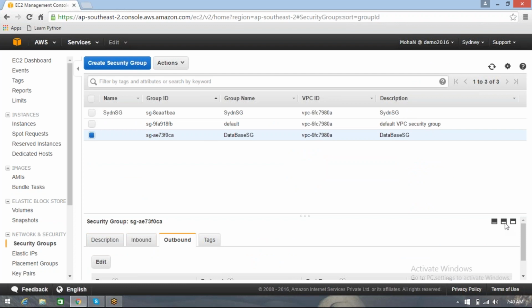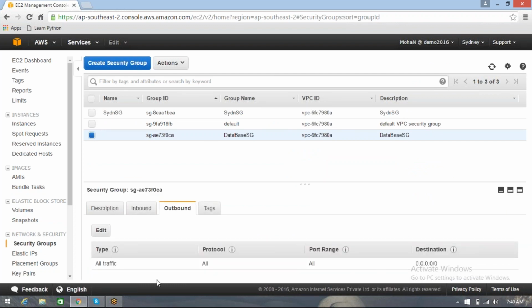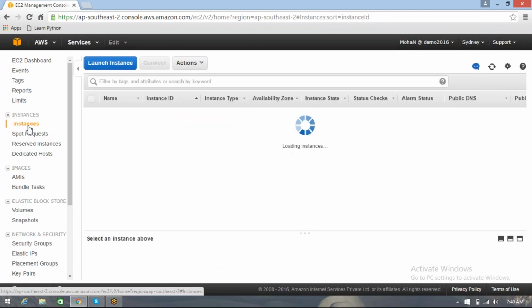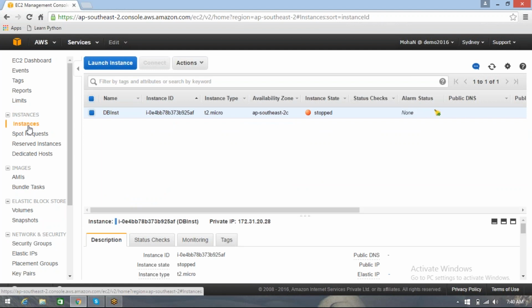That outbound is what? See, it is all traffic, all the protocols, port range, everything, and destination also. But there is no inbound. That is what I have changed. With that change done, we created an EC2 instance. Why have we created an EC2 instance? Understand, whenever you want to create a database, the database will have to be created with respect to